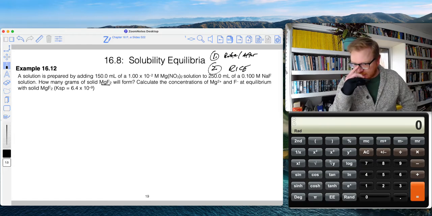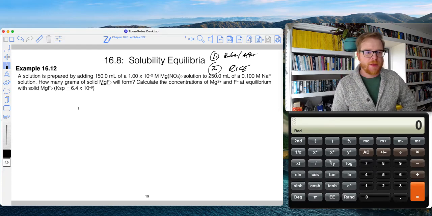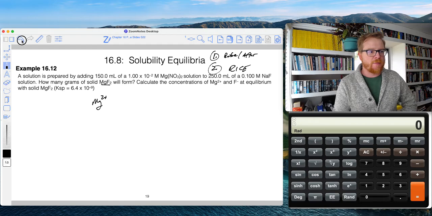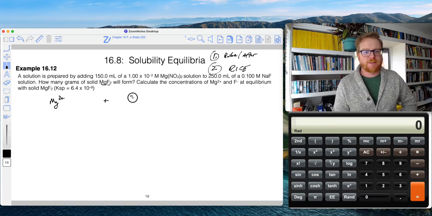And I'm going to set up this before after table calculation first. So we know that magnesium fluoride is our solid from our magnesium nitrate solution. We can see the nitrate doesn't matter, it's a spectator, and the sodium doesn't matter. So really we just want our net ionic equation. I'm going to give myself more room here by starting over here. So magnesium 2+ plus 2F minus forms